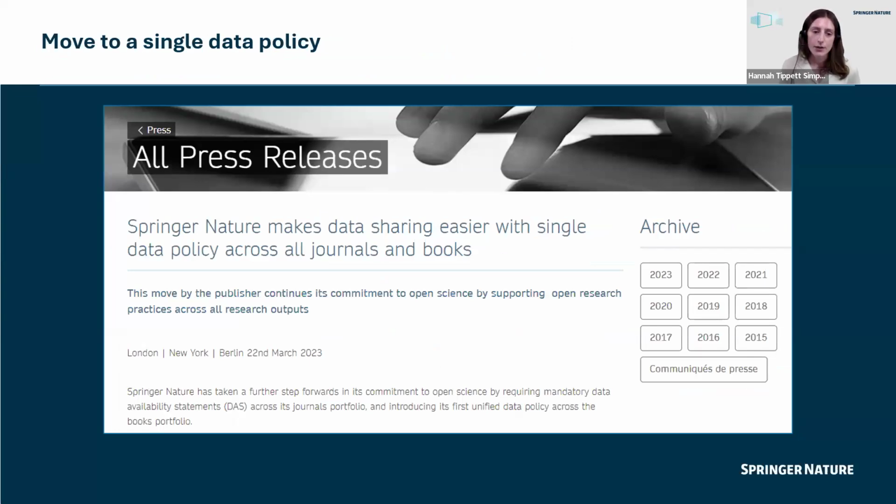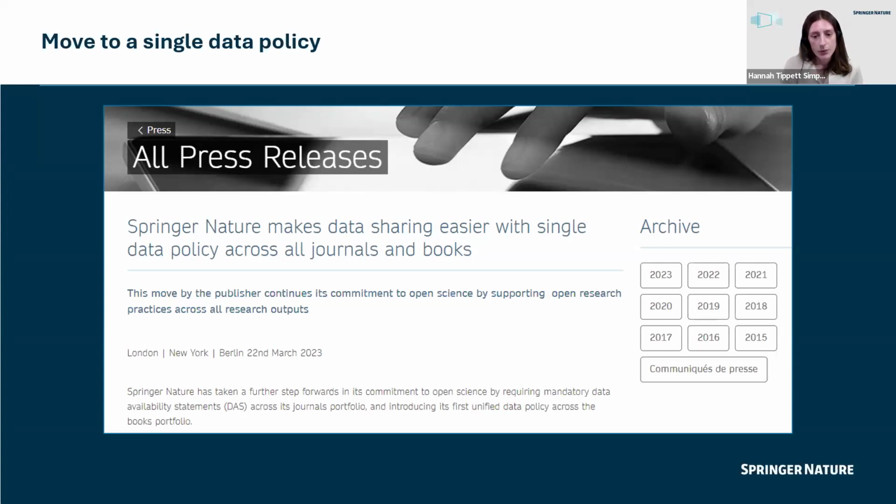Yes, so to reflect those funder policies and to support you as researchers in meeting them, we've introduced a standard data policy across all of our journals. The aim was simple, just to make data sharing clearer, more consistent, and more achievable for yourselves, for readers, for reviewers.